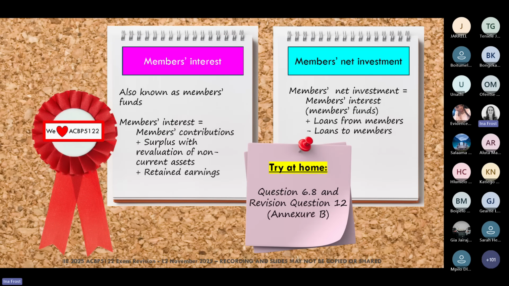Thank you very much. I think that was a good explanation for the students, just in terms of also what to understand under each of these different terms. But definitely, students, look at example 6.1. There they do the percentages and the changes in funds, and example 6.1, and then this question 6.8, and then that question 12. So please just have a look at all of those different variations and questions.